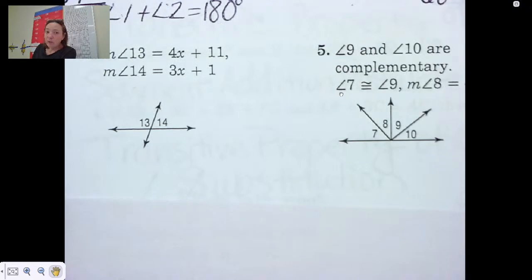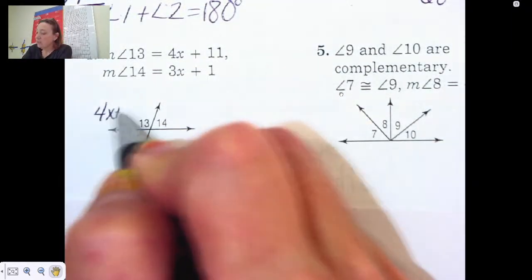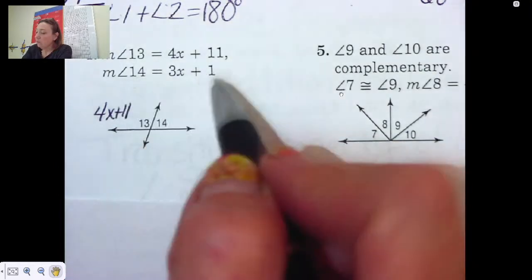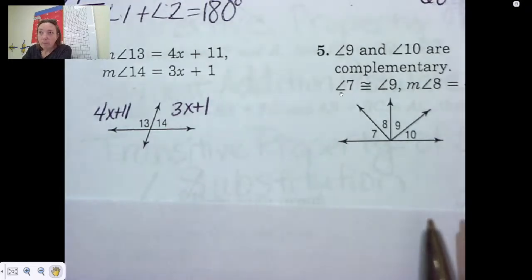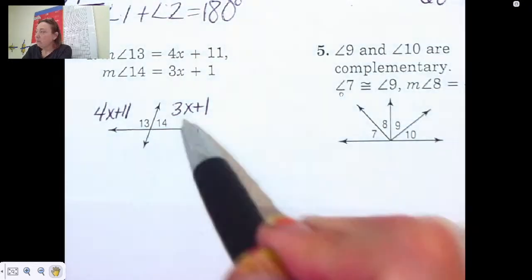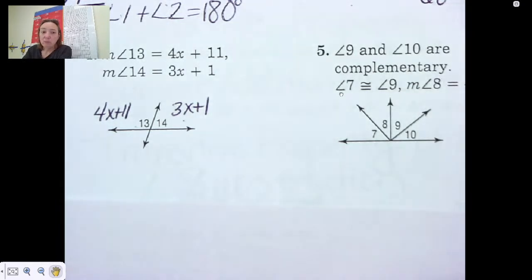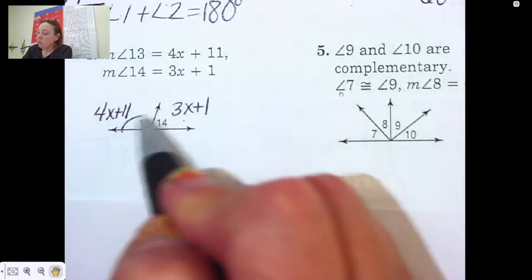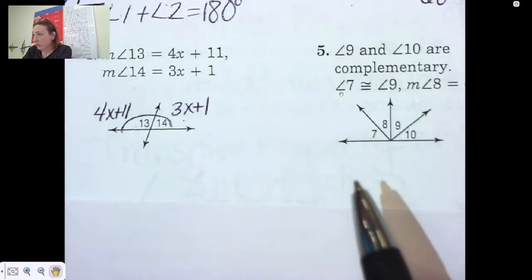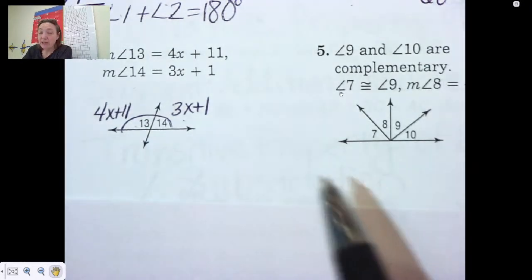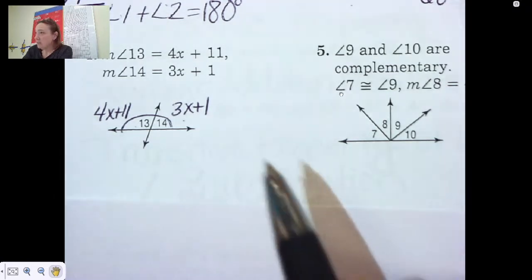So on number 4, they tell us that the measure of angle 13 is 4x plus 11. And the measure of angle 14 is 3x plus 1. Now, what do we know about 13 and 14? Just based on the diagram, what do we know? They have to add up to 180. They are a linear pair. A pair of angles that are adjacent that make a line, which means they're supplementary, which means they add up